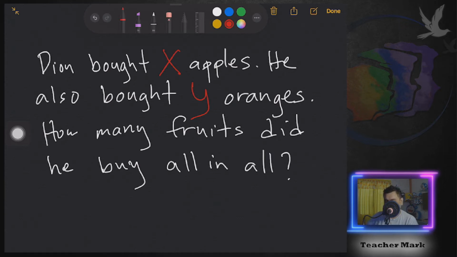Because if you're going to replace it again, just to show you, 3 apples, 4 oranges. So doing the solution to this problem, all you have to do is just to add 3 plus 4. Okay, please take note of this as we call this as our solution. Correct? Okay. So replacing the values again,